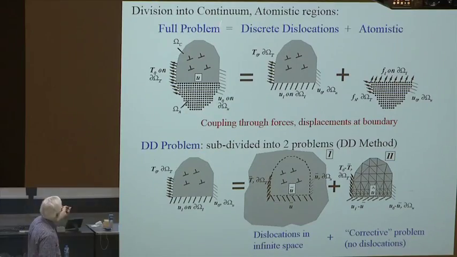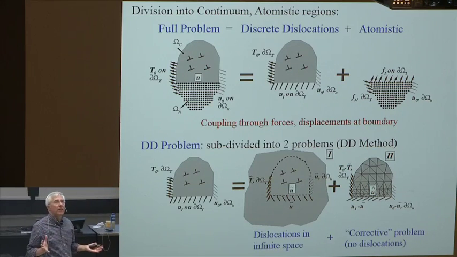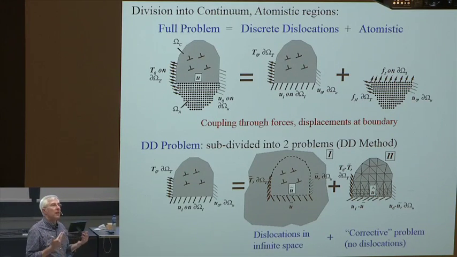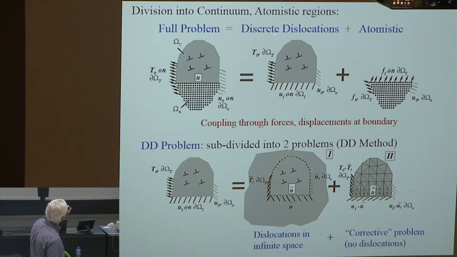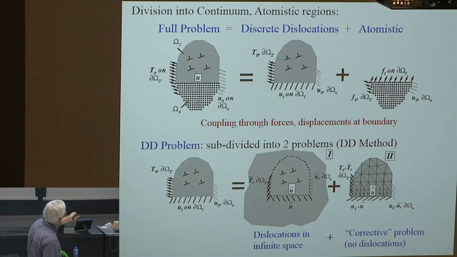So we take the full problem, and we kind of do the obvious if you're a computational person. You do something like domain decomposition. You say, I have two problems. I have a discrete dislocation problem, that is, I have a continuum material with dislocations, and I have a fully atomistic, a fully molecular statics. We won't worry about dynamics, we'll just talk about molecular statics. So atoms move to forces equal to 0. A fully molecular problem. But the two problems are coupled through some sort of displacements and forces at the boundary